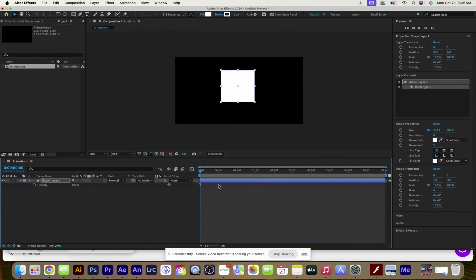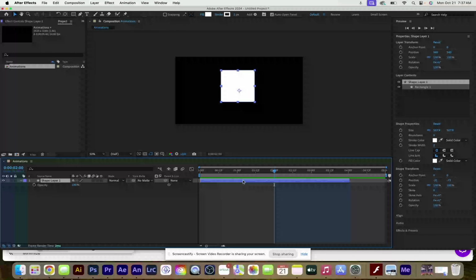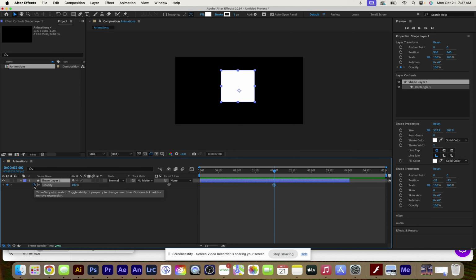Okay, so what we're going to do is add a keyframe. So right now I'm going to go to roughly about 2 seconds. And also our work area, I just want to mess with our work area. I just want to work right here within 4 seconds. That way, when we press our space bar, it'll just render this out. Okay, so I'm going to add my keyframe, and by coming over here, I'm at 100% opacity, and I'm going to hit the stopwatch, and this stopwatch is going to add a keyframe, and boom,